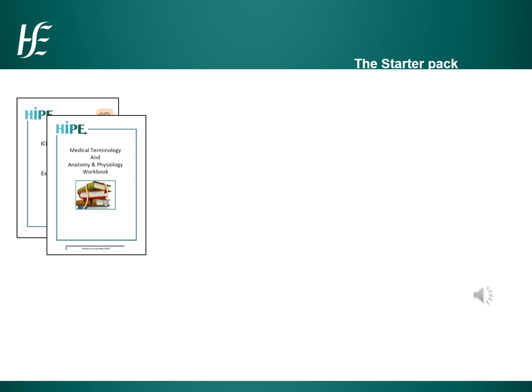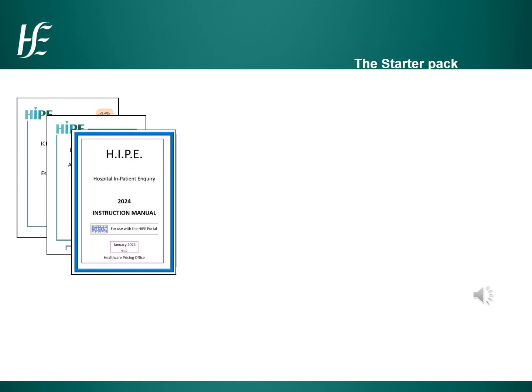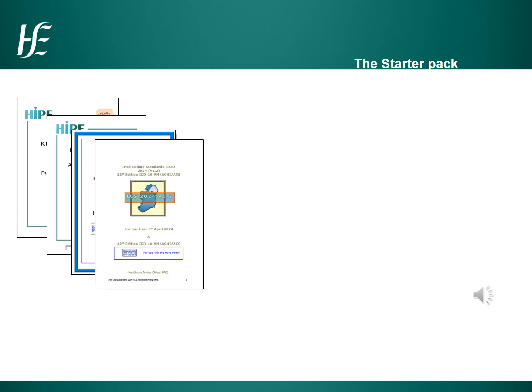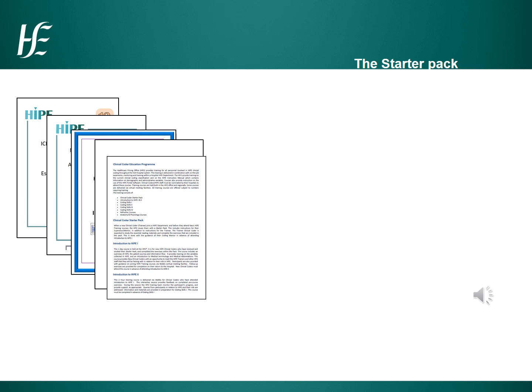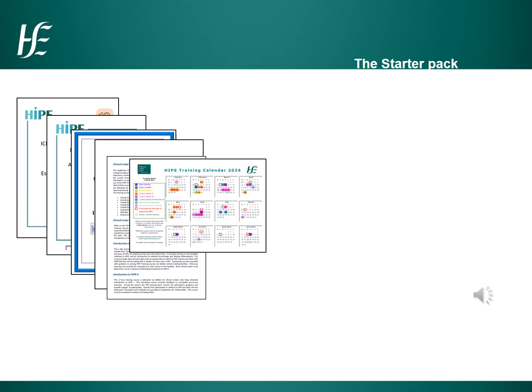Then we have the medical terminology and anatomy and physiology workbook. This contains lots of useful information on medical terminology and the abbreviations used in medical records, along with some basic anatomy and physiology information. We have included the latest edition of the HIPE Instruction Manual, a copy of the most recent Irish coding standards, an overview of the Clinical Coder Education Programme. This document describes all the courses you are expected to participate in as part of your training,